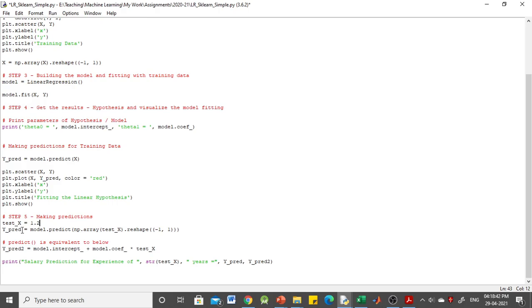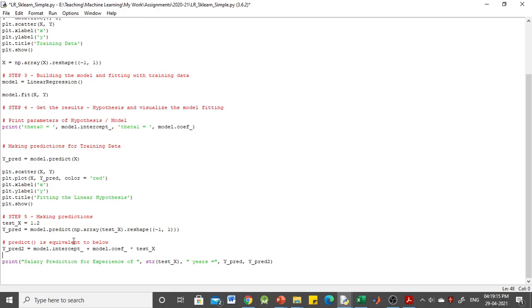We use the predict method with the created model and send test x as the input to this predict function. This predict method predicts the salary, and that is stored in y predict.